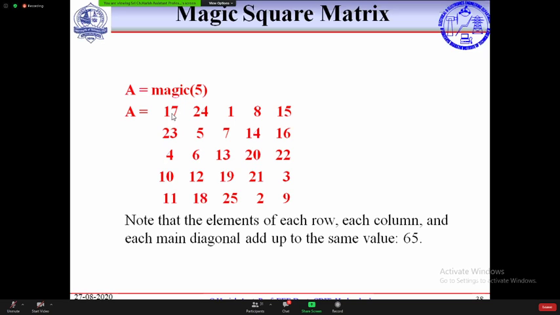Okay. Are you listening, guys? Yes, sir. Okay, when you add any row or column, any diagonal elements, it will be the summation of the